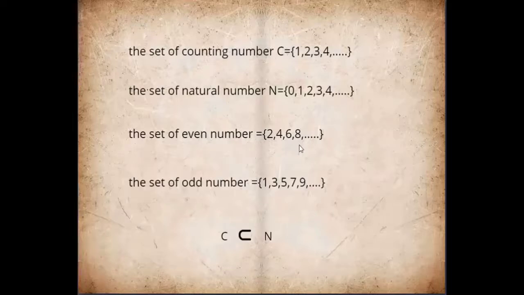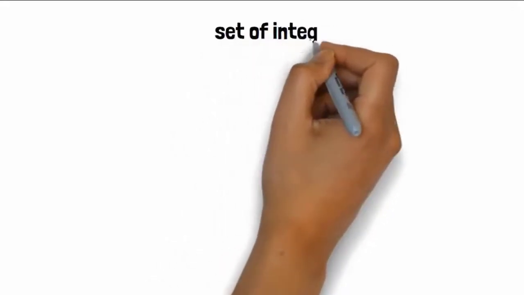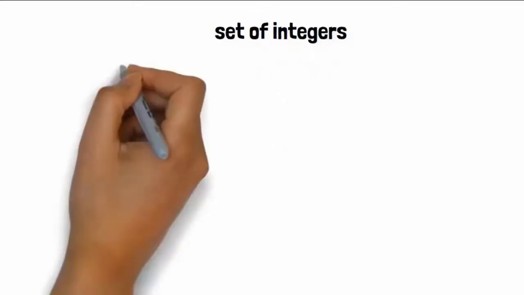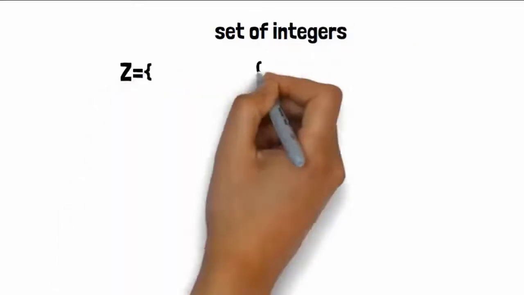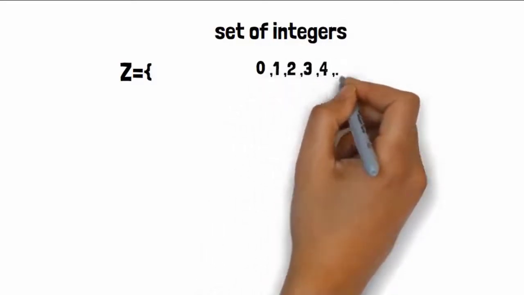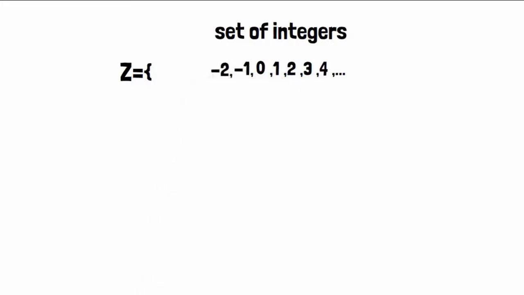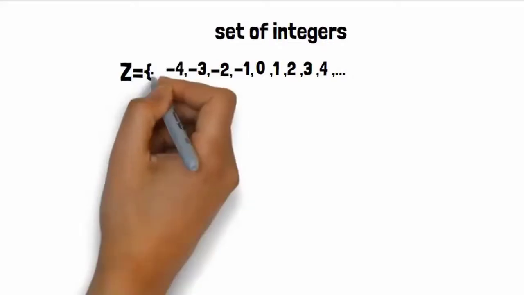Counting numbers are a subset of natural numbers. Subset and not subset are used to make a relation between two sets, and belong and not belong are used to make a relation between an element and a set. The set of integers is represented by capital letter Z and contains elements 0 and 1, 2, 3,